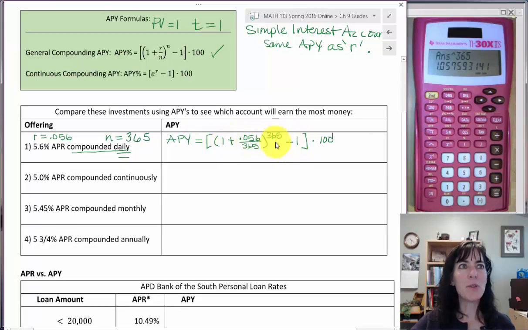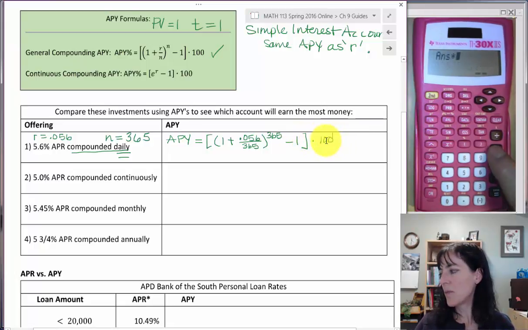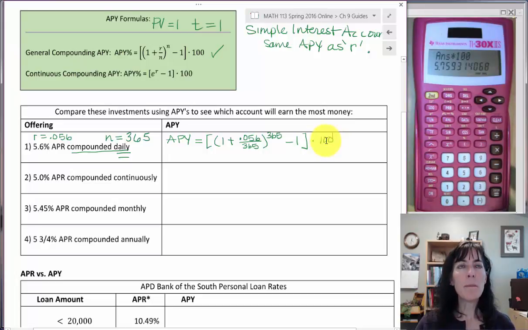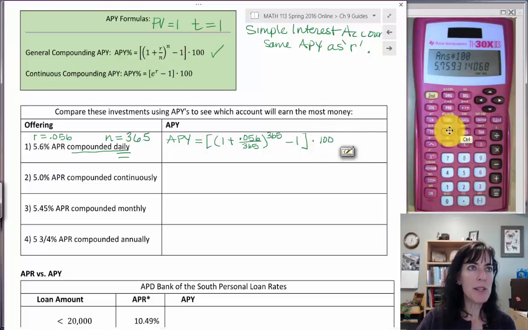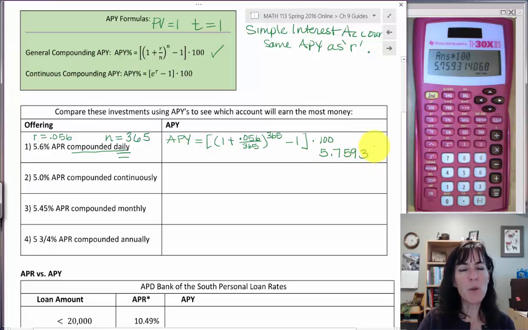And now I just have to subtract this 1. So minus 1 equals, and then finally multiply by 100. And I end up with this decimal value. It is 5.7593, and then there's a 1 following, so I'm going to leave it as 5.7593%